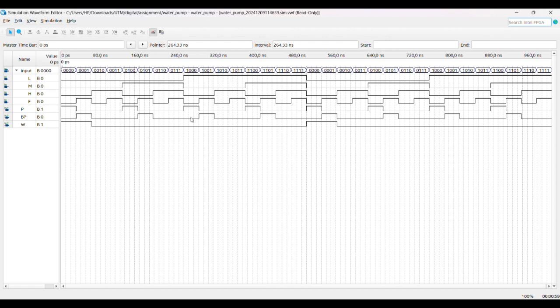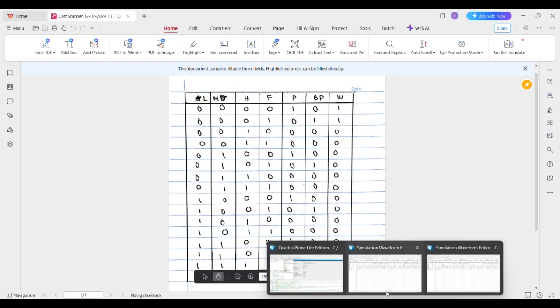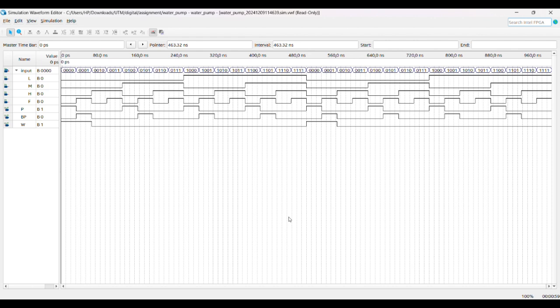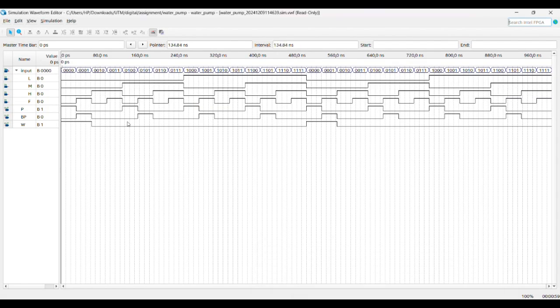Pump is 1, backup pump BP is 0 and the W is 0. So we see the truth table for 1000: pump is 1, backup pump is 0, and the warning is 0. You can check it yourself if it has any error, but I have checked it and it has no error. It is the same as the truth table, same as what I want. So the output is correct.